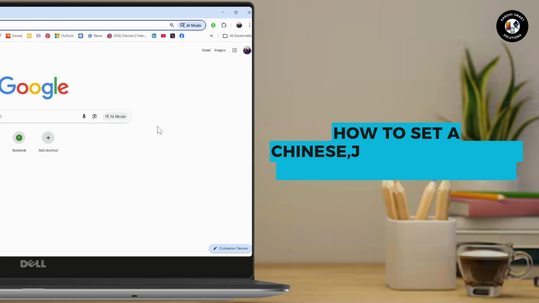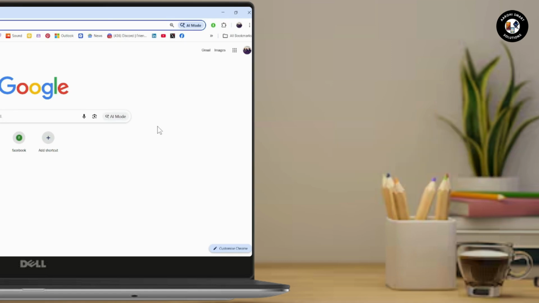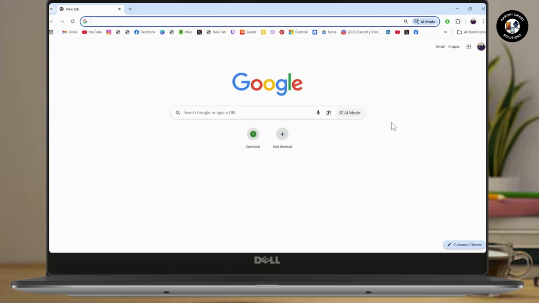How to set a Chinese, Japanese, or Korean display name on Roblox. So if you want to set a Chinese, Japanese, or Korean display name on Roblox, then what you need to